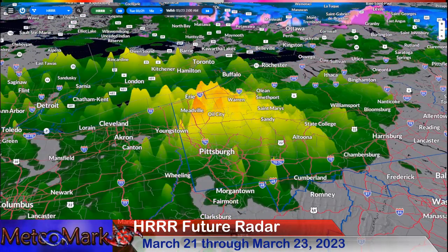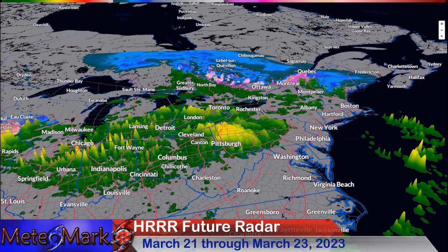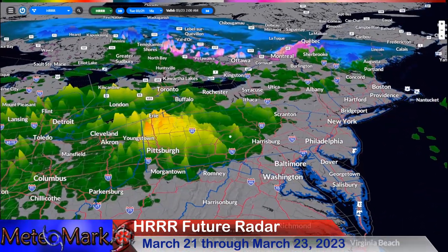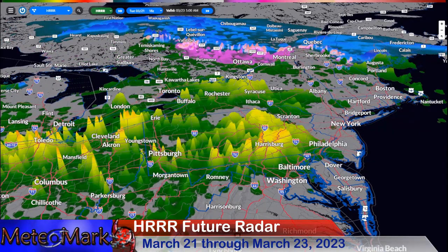This is along a frontal boundary that's going to be extending. You can practically see it here. There's basically a stationary front, and there's going to be some pulses of energy that ride along it. So we're going to see some heavier showers and thunder showers, and some of these could put out heavier rainfall, and we could end up seeing up to an inch this two-day event